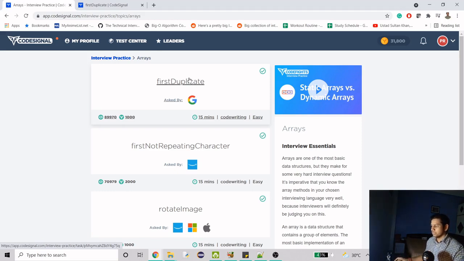So this question has been asked by Google and it has been listed as easy, and I think it won't be as easy for some of you guys. So we will see it in the easiest way possible. We will approach this problem using brute force method, and if you need more efficiency you can try to find out more solution, or maybe try to improve the already solution that I'm going to give you, right?